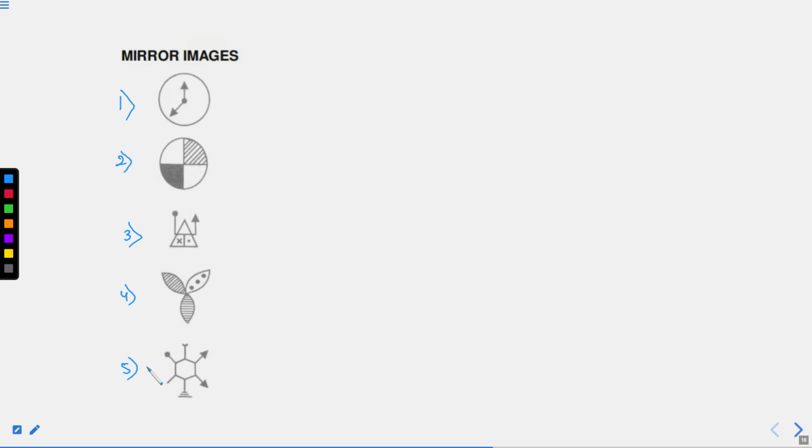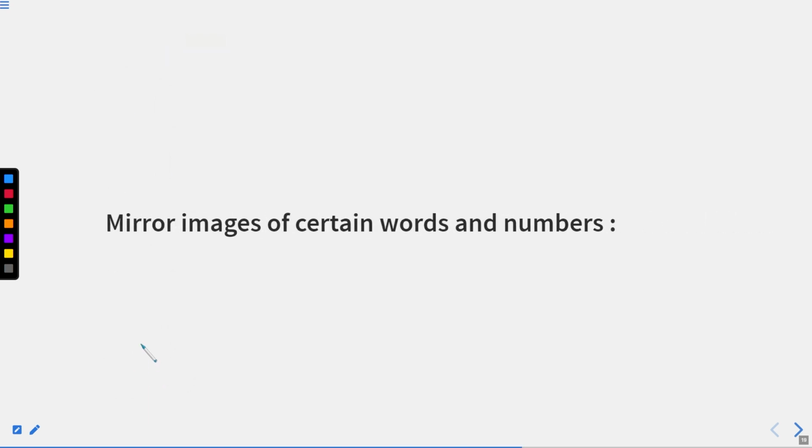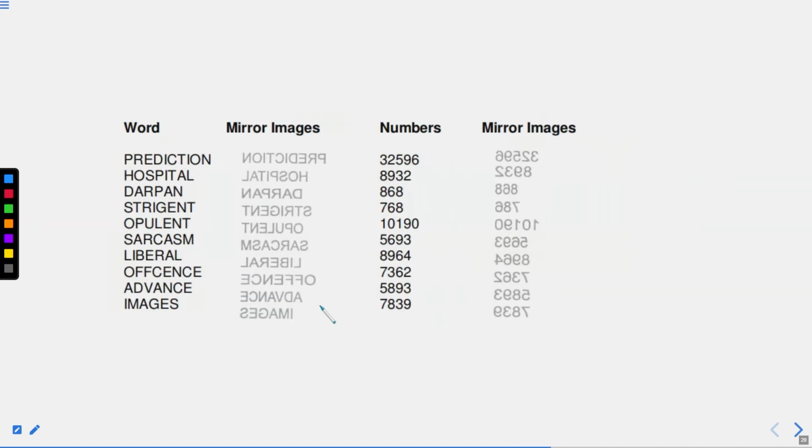Now we'll move to some other questions. Now we'll find the mirror image of certain words and numbers. Here in this presentation I have taken multiple words and multiple numbers, where I'm explaining 5 different words and 5 different numbers and the procedure that you have to follow. The procedure will remain the same. Whenever you see a word, make sure to draw the mirror image by yourself, don't directly look for the options. Then you will be able to find the answer more quickly. So here are some good examples in front of you.